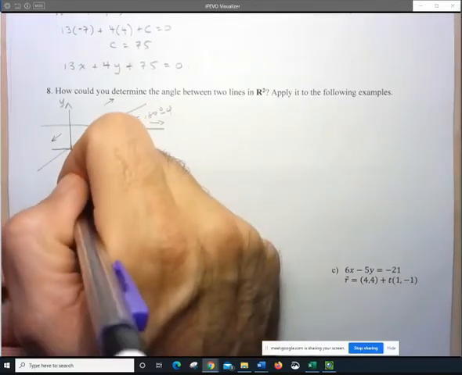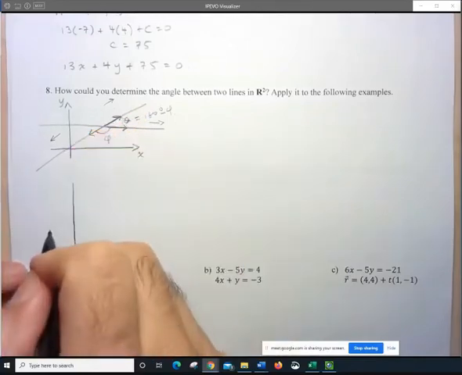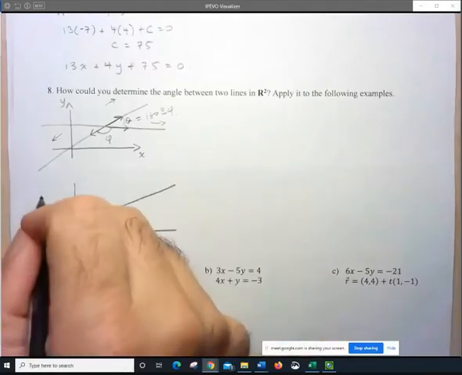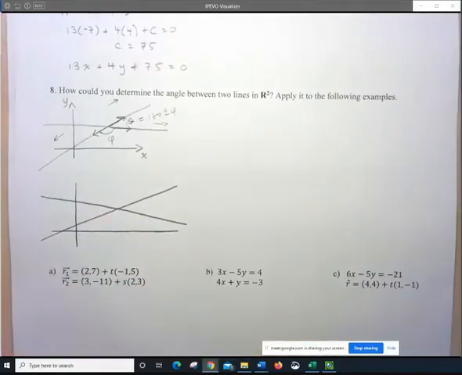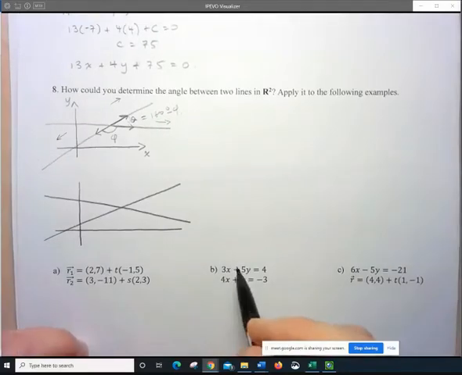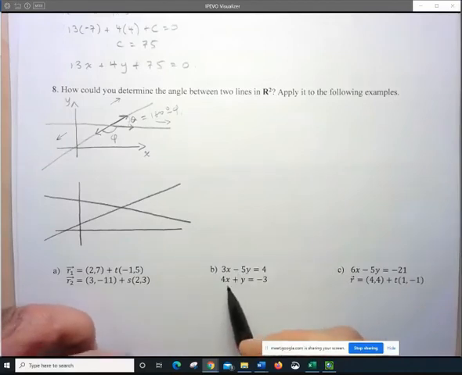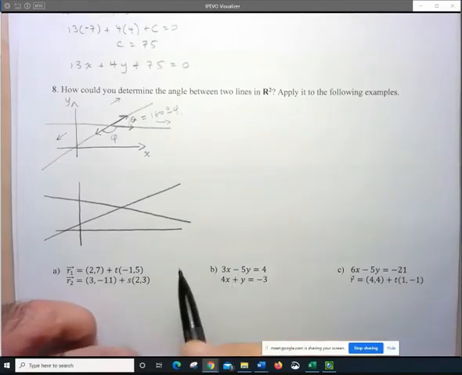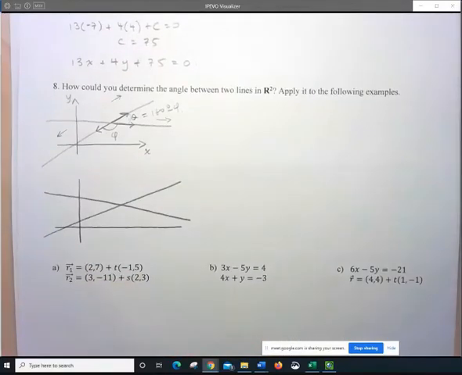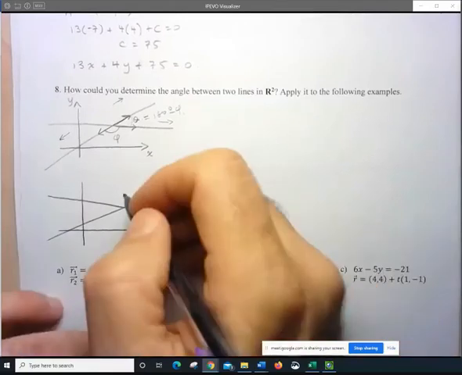What if, though, you have two lines given in, what if your two lines are given instead in standard form or in Cartesian form, meaning you have the normal vectors like you have here? Well, you could change the normal vectors into the direction vectors and then just find the angle that way. Or maybe there's a relationship